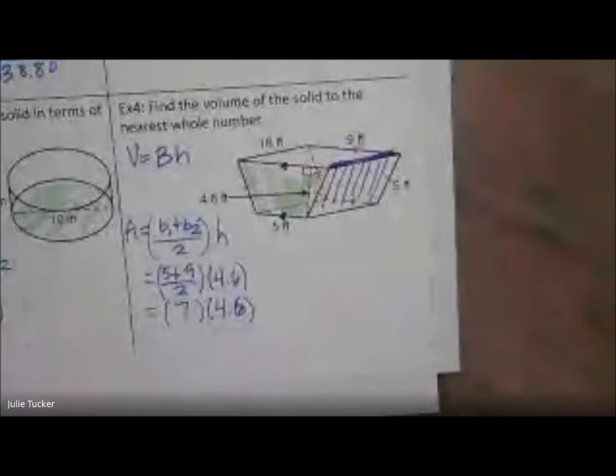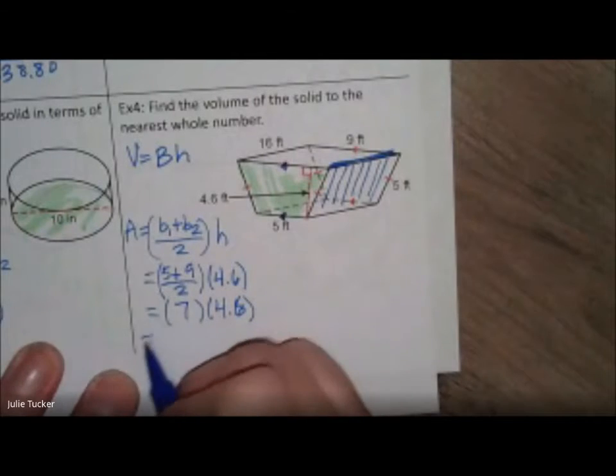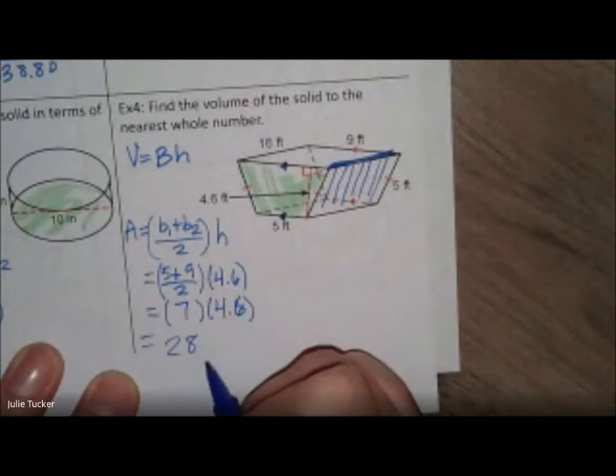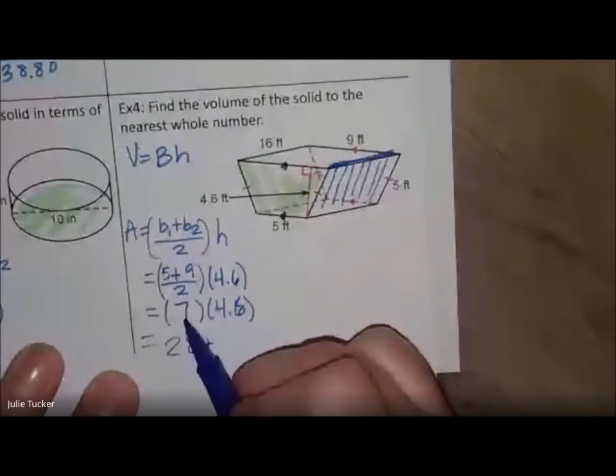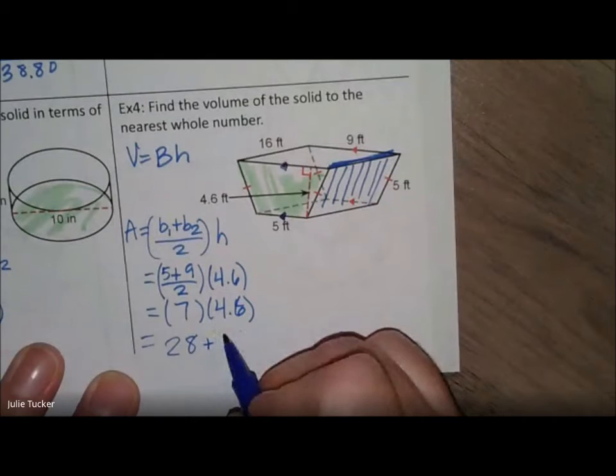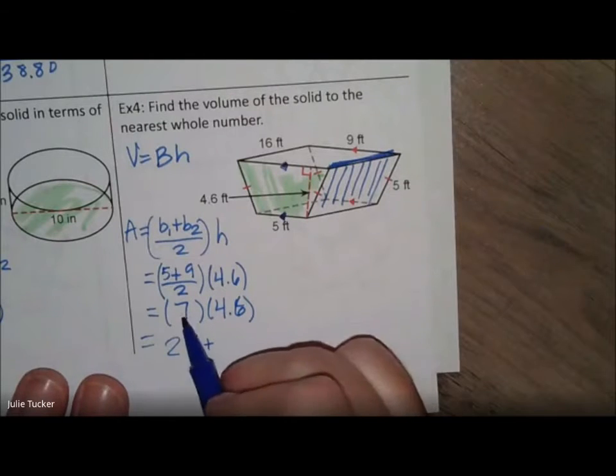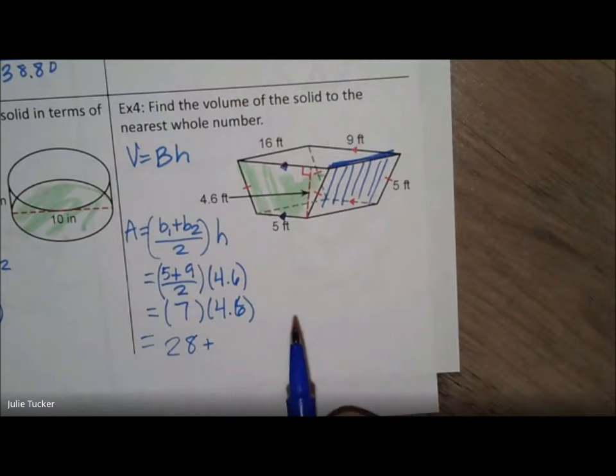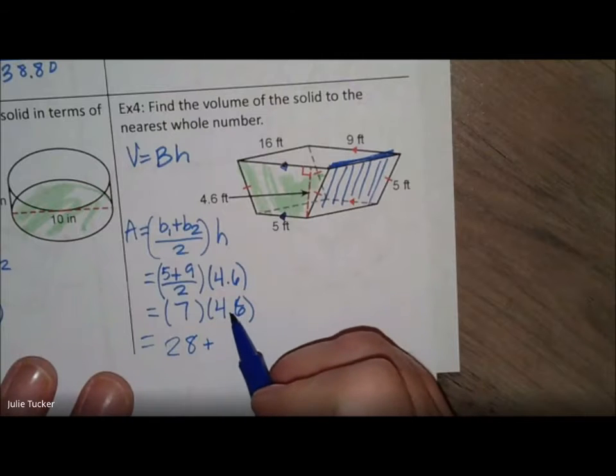So what is 7 times 4, Connor? You're right. Good. And then 7 times 6 is 42. And 42 times,